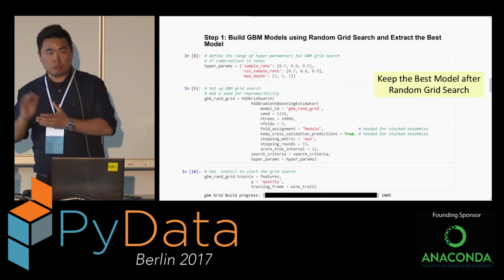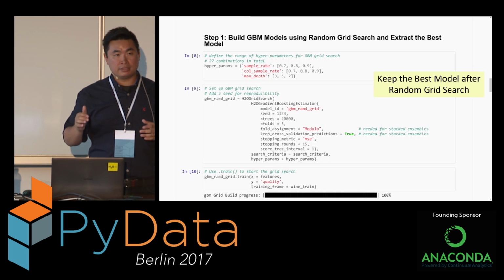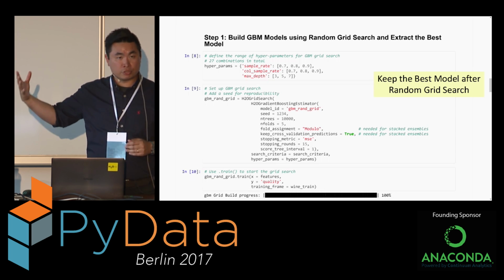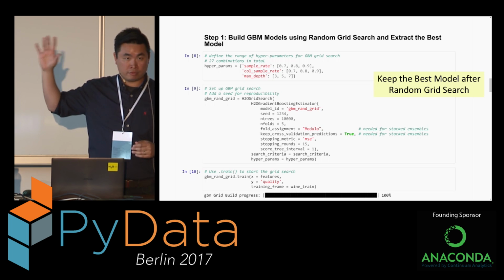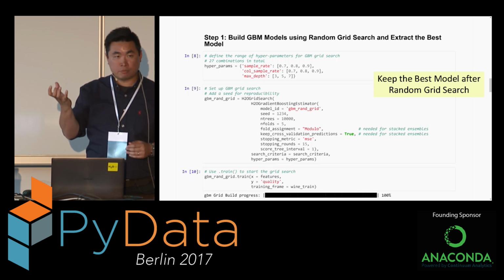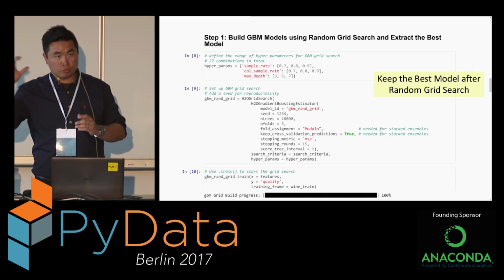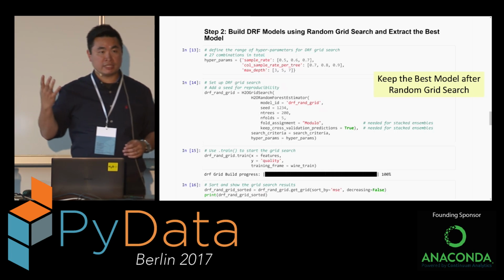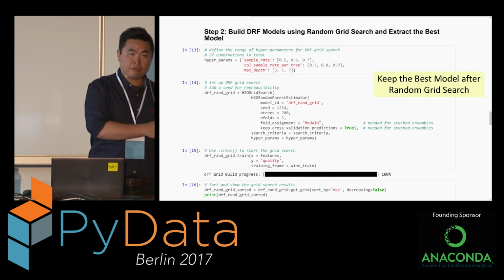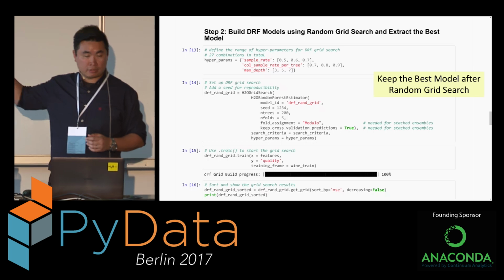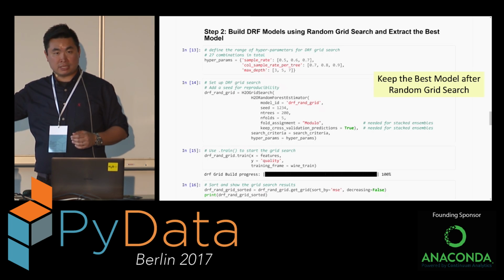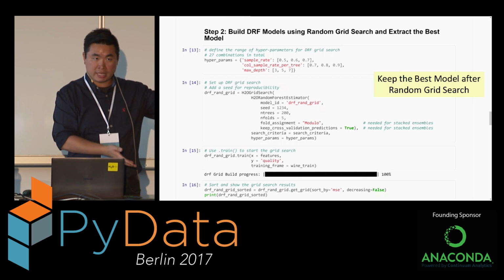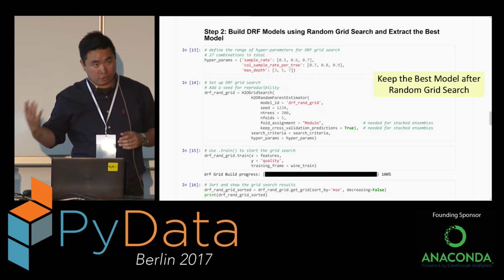So back in H2O, how do we do the stacking simply? First of all, I want to show you the same thing that we have done before: just do a random grid search on GBM this time. Use the random grid search to look for the best model using the GBM algorithm, and then just use that for the future. The next two steps are almost the same, but I'm using a different algorithm this time. We're using random forest. You can see that the settings and the search space on different parameters are different, but the underlying idea is the same. Do a random grid search for this algorithm, get the best model, and then move on to the next algorithm.